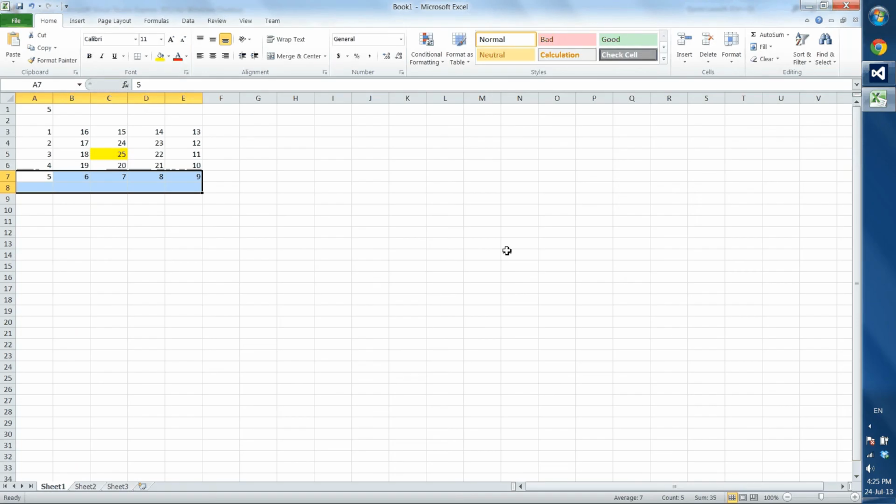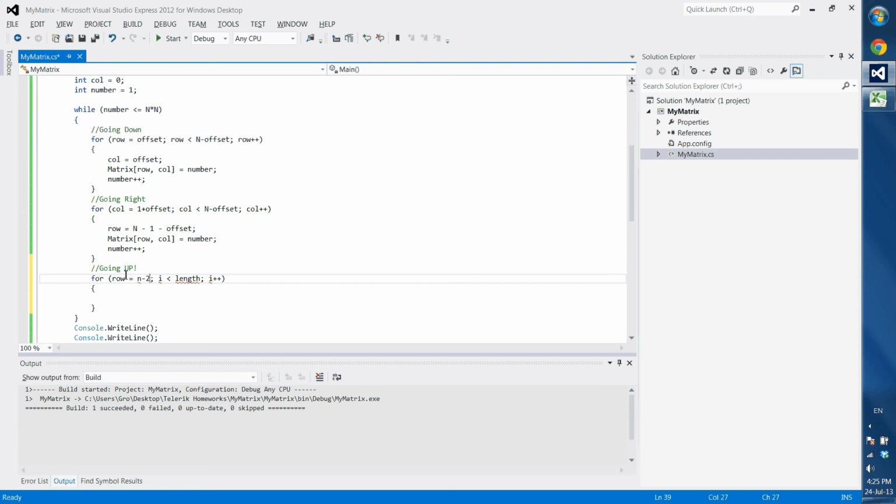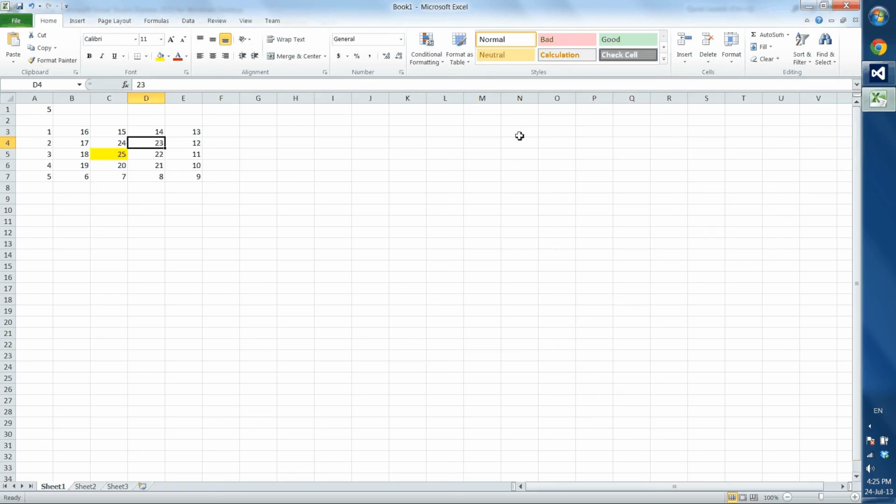I will now illustrate it. This thing here is going up. See, then we have also here going up, and yeah, we don't have any more with 5. So n minus 2 minus offset. And also we have the row being, let's think about it, should be less or equal, yes, then offset. And of course something we should make the row, but the row should be decreasing actually, because you see it's here,